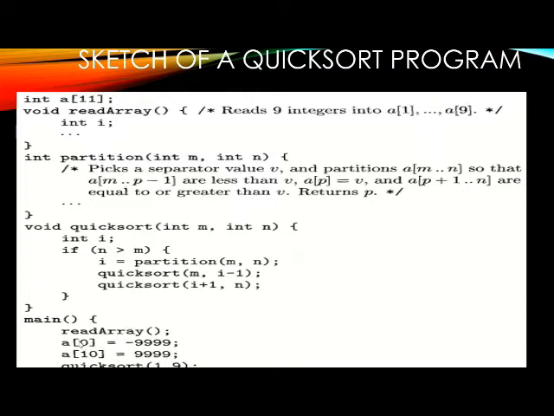So the main function actually created a total of 11 integer entries. Out of those 11 entries, it reads 9 values, a[1] to a[9]. That's why a[0] and a[10] are left as garbage values, and a[1] to a[9] are stored with whatever values were provided by the readarray function.